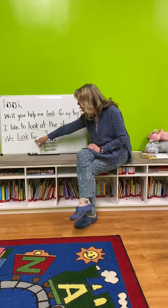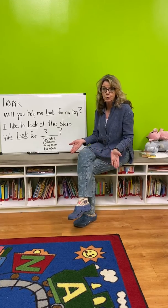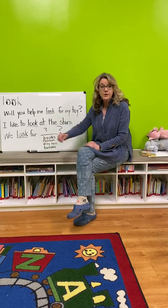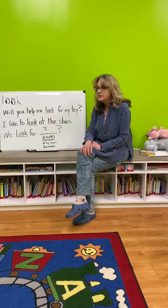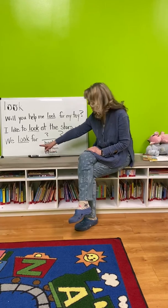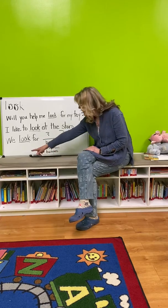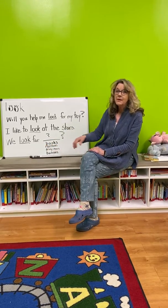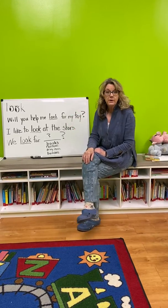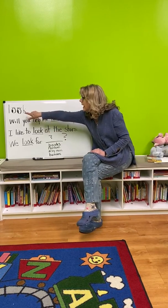We look for, what do we look for? We look for our shoes. We look for books. I imagine most of the girls would say, we look for rainbows. If you're Scott, you will tell me you look for army men. If you're Tegan, you might say, we look for bunnies. So, look. And I want you to spend some time looking in your books for this word,